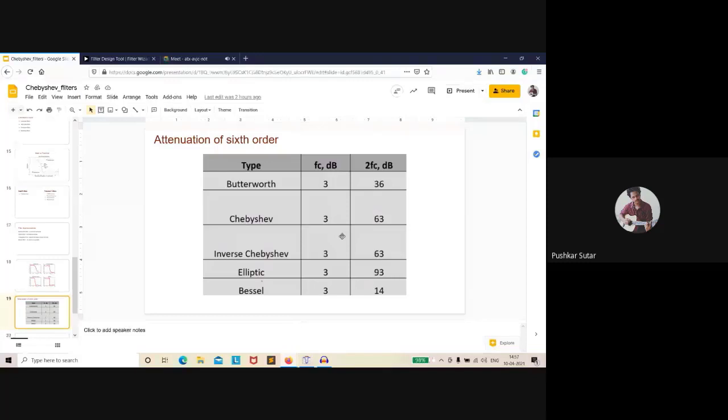So how do you read this table exactly? FC 3 decibel is my cutoff frequency, and in the second column I have a frequency which lies in the stop band region. So the greater the attenuation, the more the advantage of that filter, right? Because the stop band is going almost to 0, more attenuation is happening. We want more attenuation in the stop band, right? So as you can see, the elliptic filter offers me the best attenuation, 93 decibels, and afterwards we have Chebyshev, then Butterworth, and Bessel is not so good in terms of attenuating the band-pass frequencies.